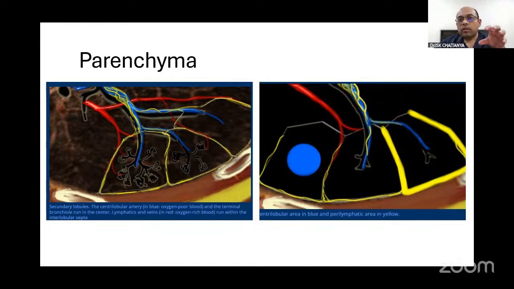Is it an infection, is it of cardiac origin, is it a malignant origin, or an inflammatory process? Where is it happening, in the airway, in the parenchyma, or in the interstitium? Based on which structures are involved, we'll get an idea. So in the right image, you can see